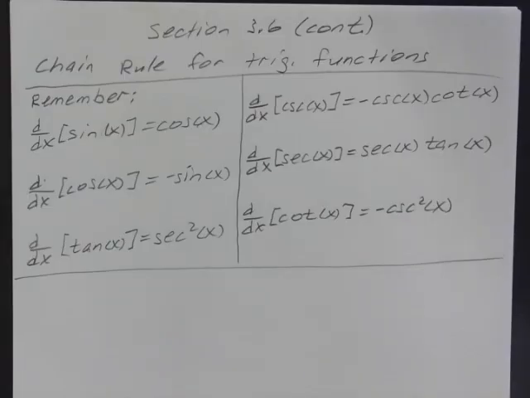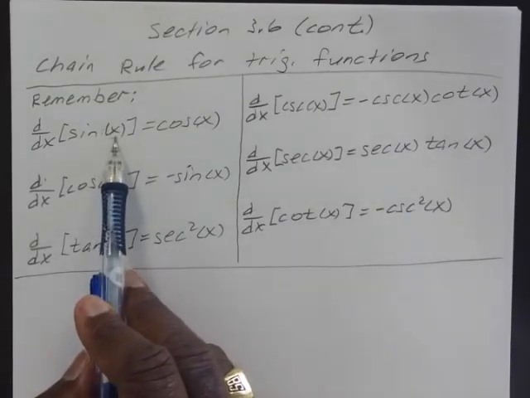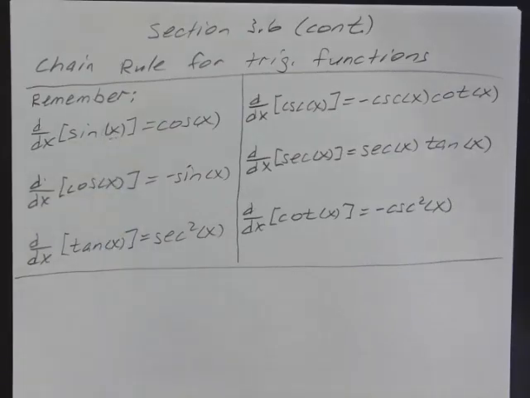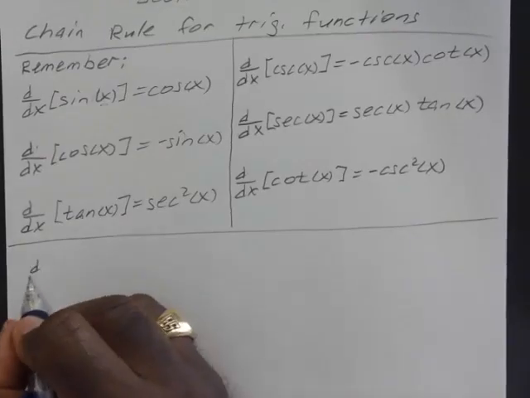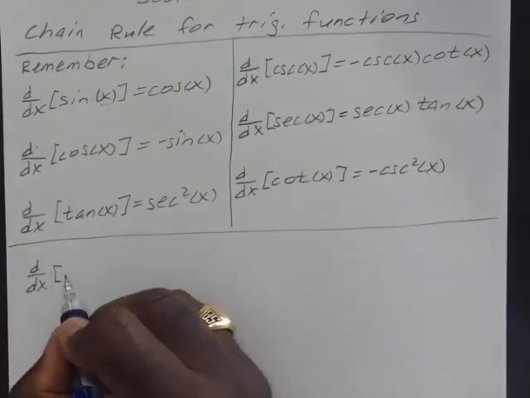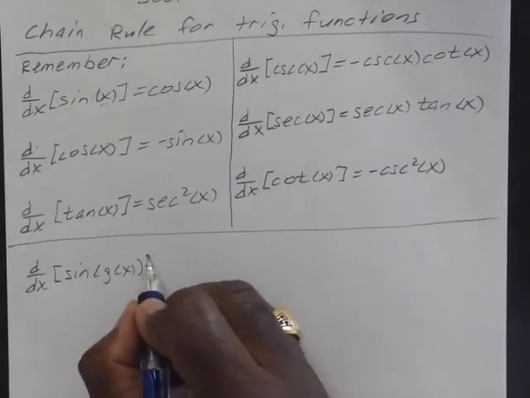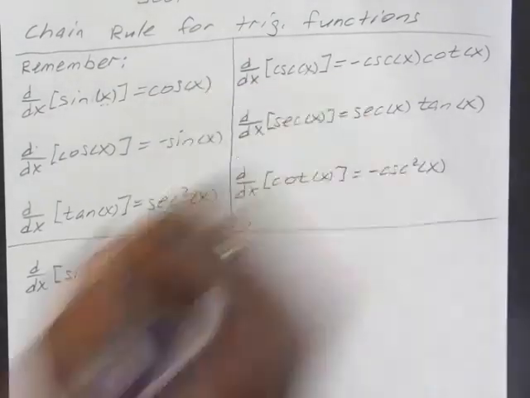Okay. Now, these are just the derivatives if you're dealing with just x. So what if instead of just x, you had sine of 7x to the third power plus 4x plus 5? Okay. So that means that x is now a completely different function of x. So if you have the derivative of sine of g of x, or some function of x, and make that a little clearer,